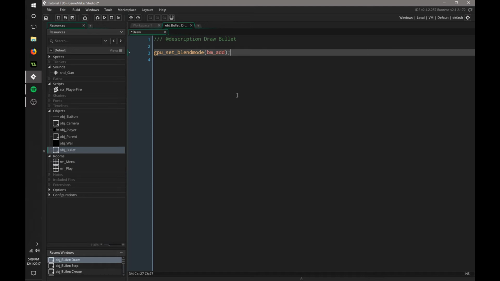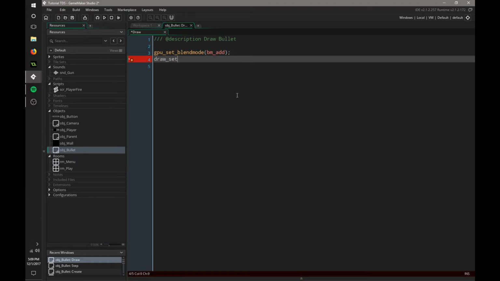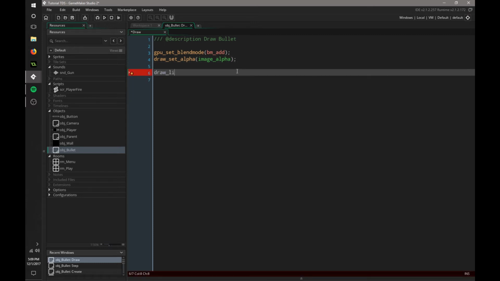And then it kind of explains how it's used down here. So we're using add, and we're going to say draw set alpha. We want to make sure we're setting the alpha of this image to be our image alpha. Since we don't have a sprite, we're just using image alpha as a temporary variable kind of. Now we're going to say draw line width, so we're going to draw a line. We're going to say start X, which is our starting position, start Y, also starting position, to our current X and Y. Remember, our X and Y is the traveling position of the bullet, which is BX and BY. So now the width, we're going to say 2,